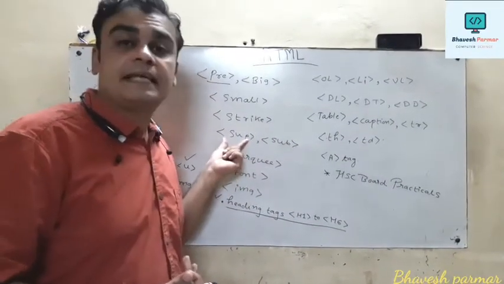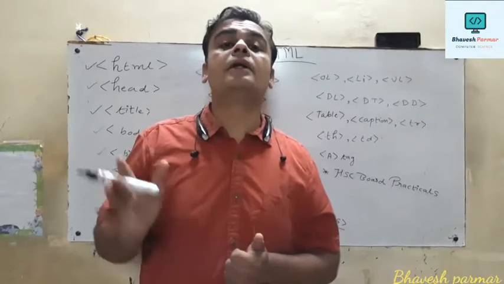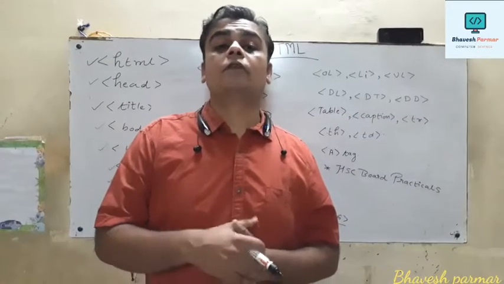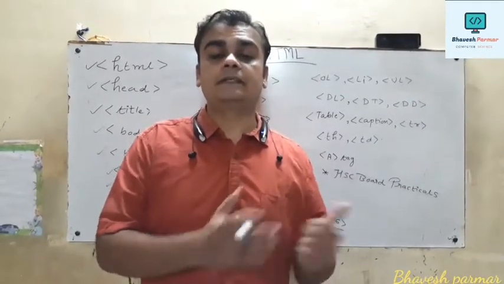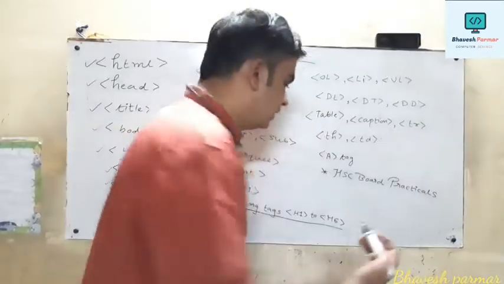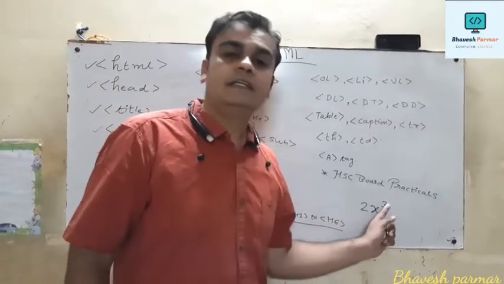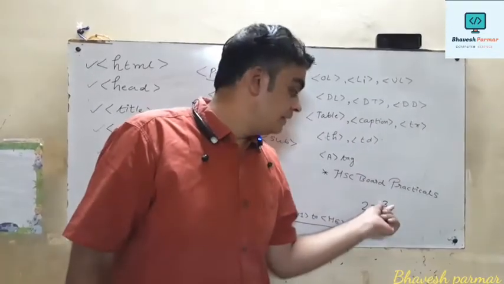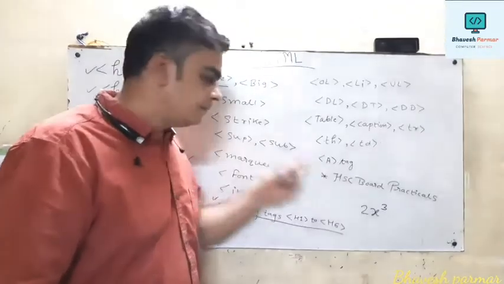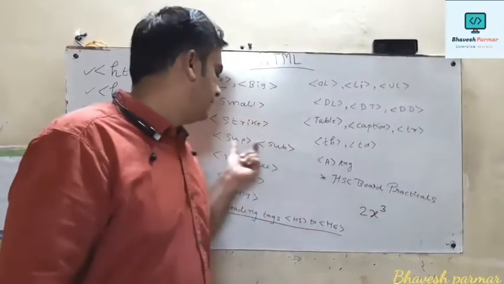Thereafter the next tag is SUP. So guys, what does SUP stand for? SUP stands for superscript. Sometimes we need to display a mathematical formula, or sometimes a chemical reaction to be displayed in our web page. In that case the SUP tag is beneficial. If we try to display this type of data, 2x cube, we know that the 3 is displayed at the power position. To display this 3, we recommend the SUP tag. SUP means superscript, to display the text at the power position above the text level.